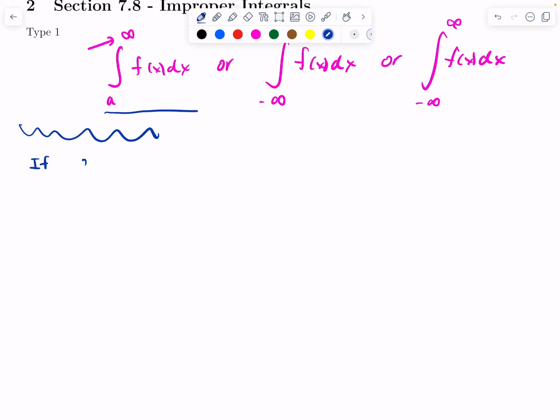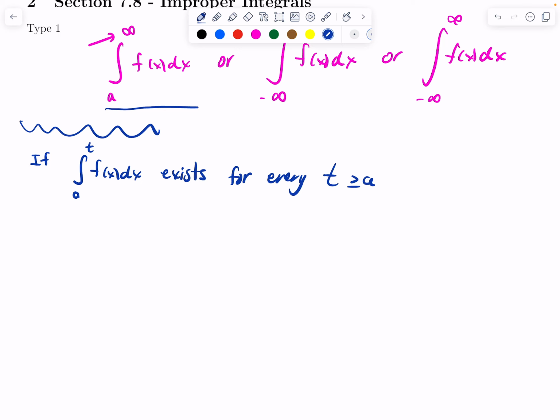If the integral from a to t of f of x dx exists for every t greater than or equal to a, right? So if we're going to go off towards infinity above a, then it has to exist for all values bigger than a. Then we can look at this integral and equate it to this limit, the limit as t goes to infinity